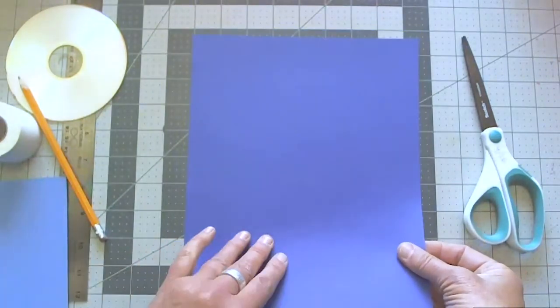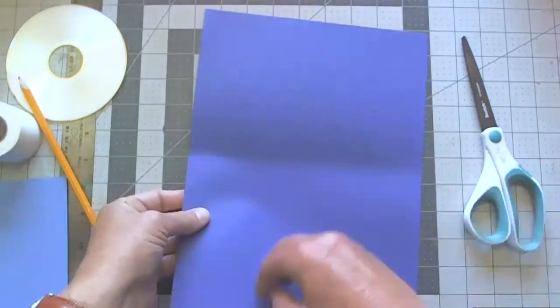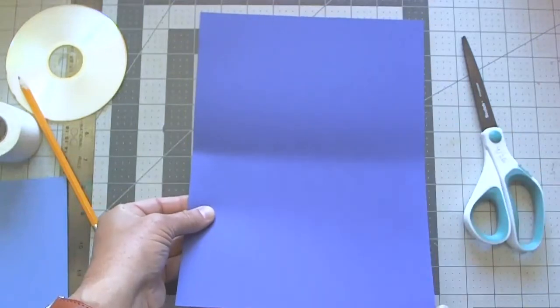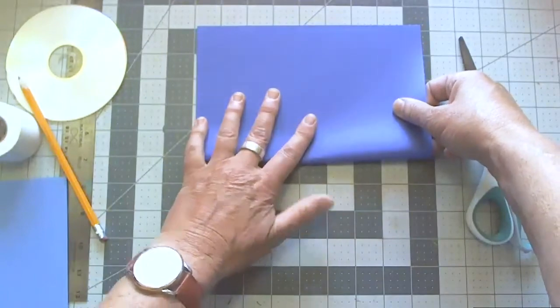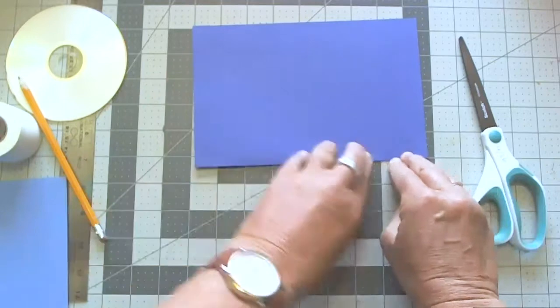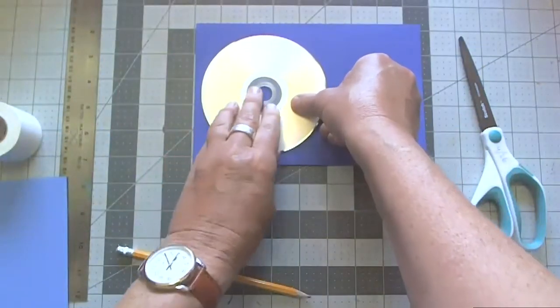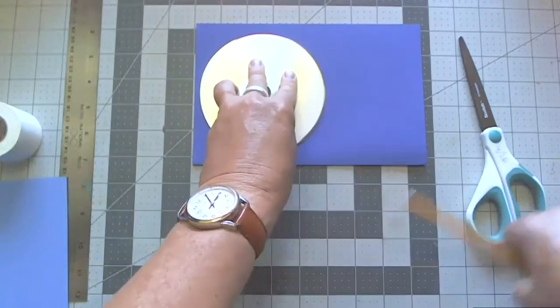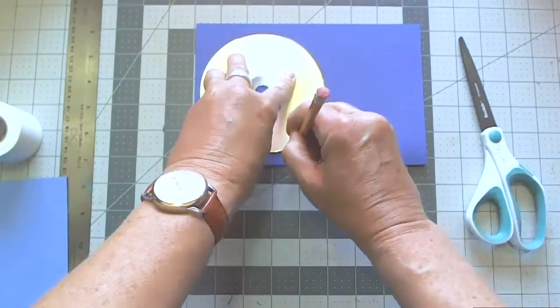Take the piece that you're going to use for your body and fold that in half. So I've got this portrait ways, and I take one edge and I fold it up and over to the other edge and crease right there. Then I'm going to take my CD and I'm going to use this as my template to use my pencil to draw a circle